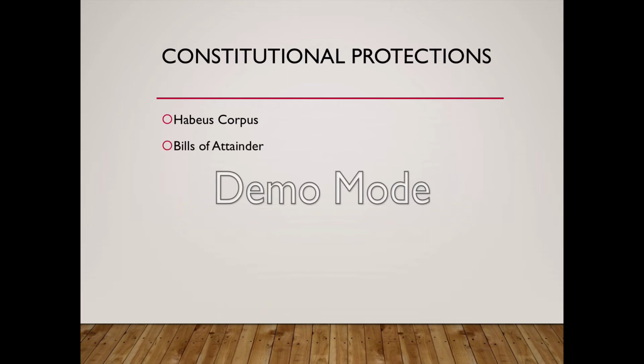The other constitutional protections are not necessarily mundane, but they're more specific to the context of the drafting of the Constitution. The first one is that there cannot be a bill of attainder, which means a law to target a single person. So you cannot make a law that only applies to one person. And then there cannot be what are called ex post facto laws, which basically means that you cannot make something illegal after the fact.